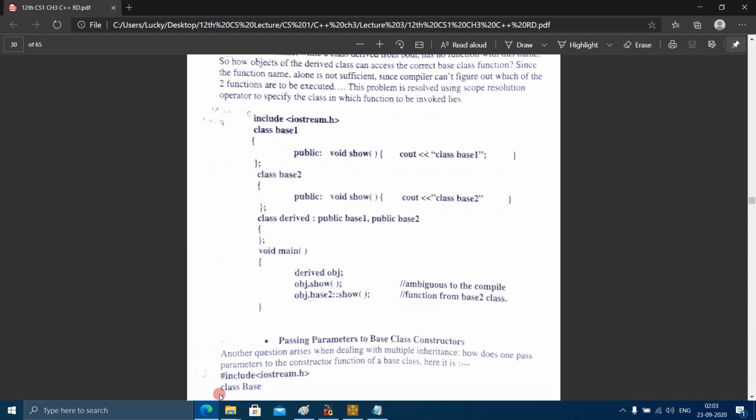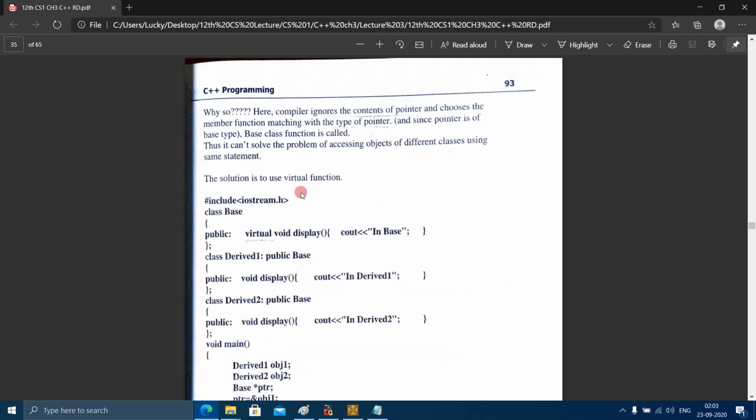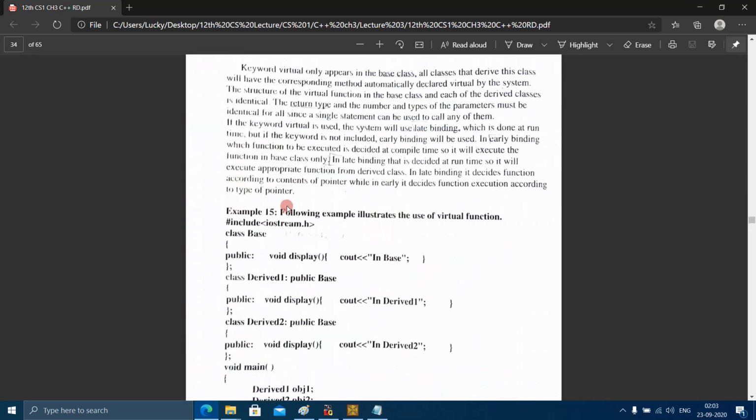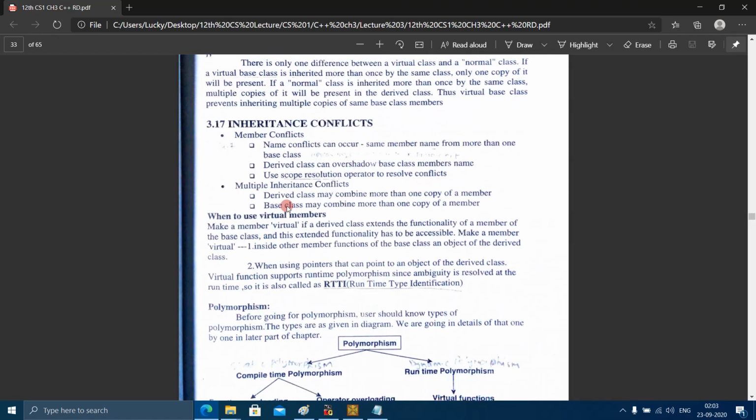So that is what it means when we say the derived class can overshadow a base class member's name. The derived class is overshadowing the base class members' show.